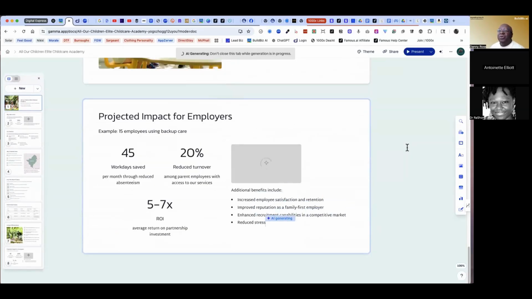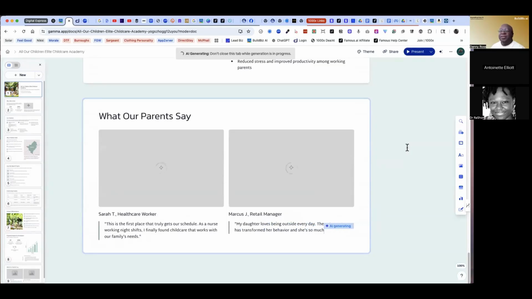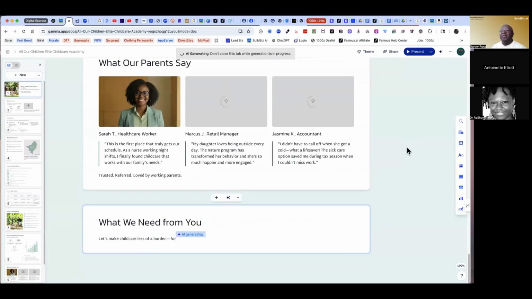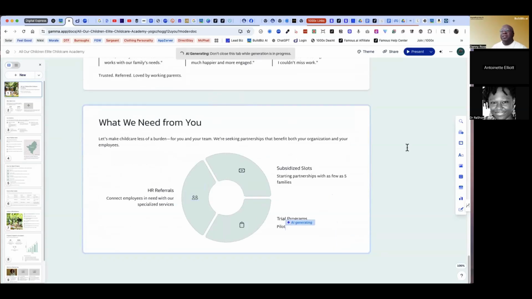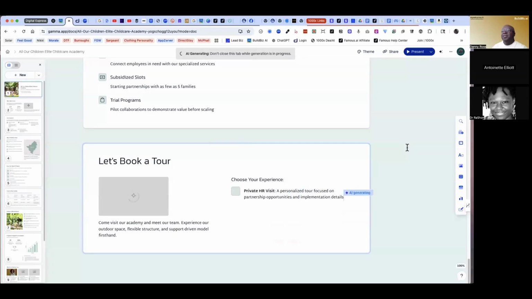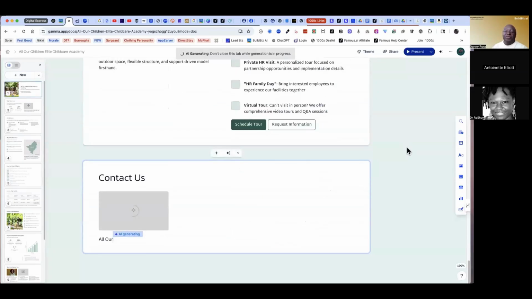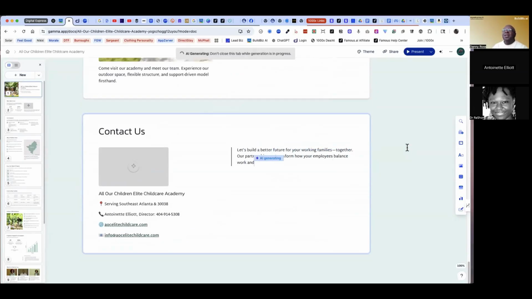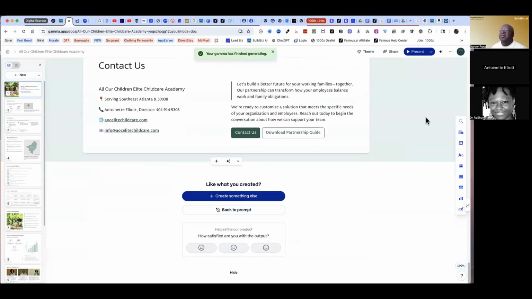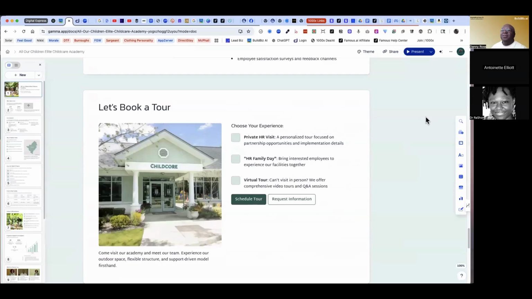What's nice though is you can easily edit those images multiple ways. You can upload your own images. You can click on it and say, hey, change this via prompt. Just tell it what you want it to change, speaking to the AI directly, or you can just type in an updated prompt. You can change the layouts of the different slides. So really easy to edit and gives you a lot of flexibility.